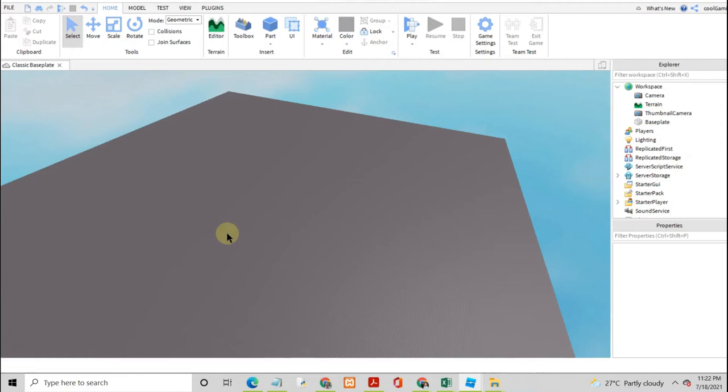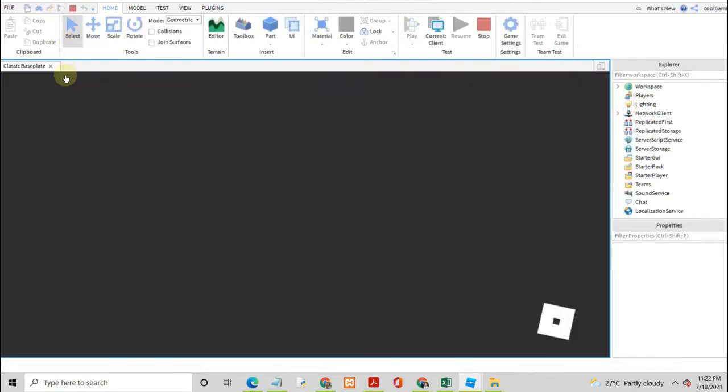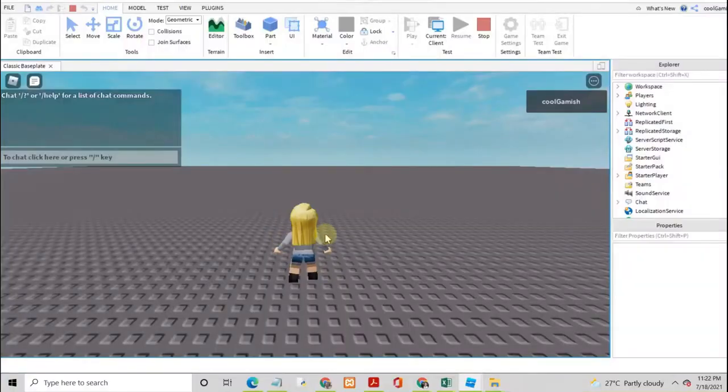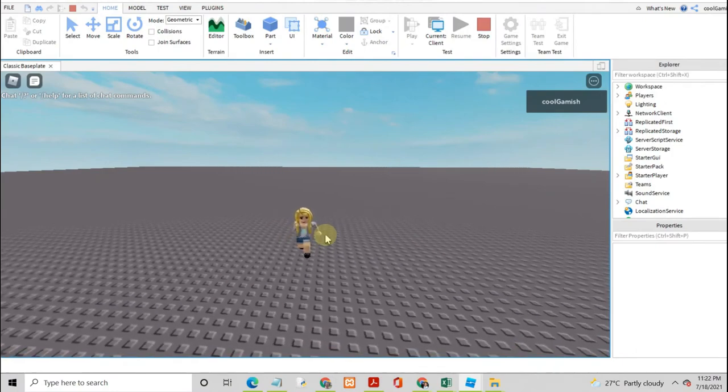In this video, I'll be showing you how to make an animation which is available in the library to be applied to our player. So for that, firstly, I will move into the play option and play the game. When you play, you can see the player with its default animation applied. You can see the player running in this way.